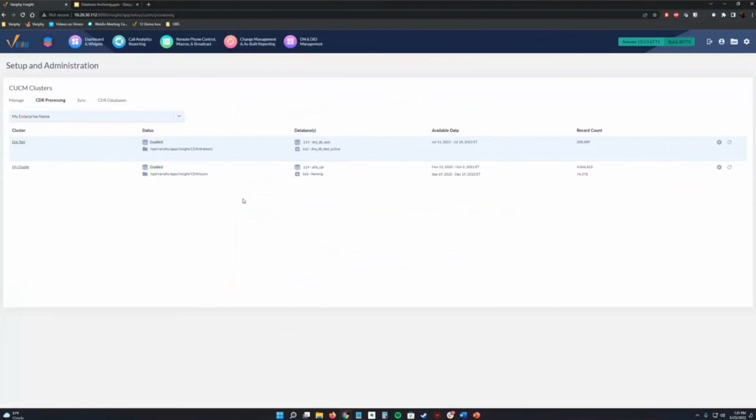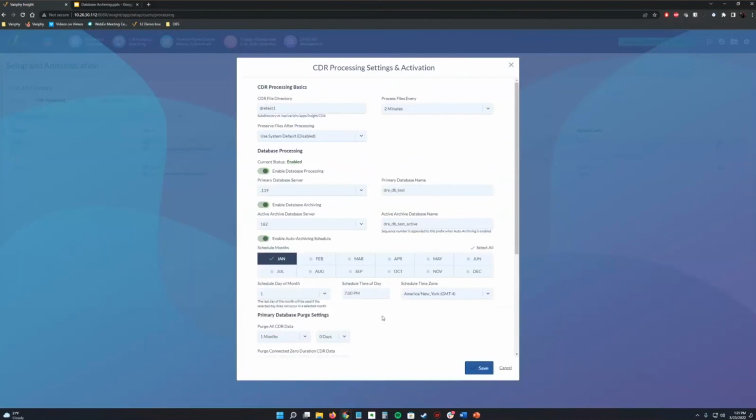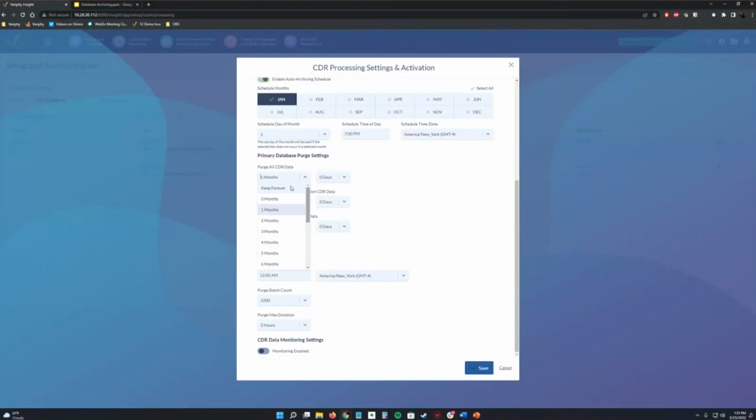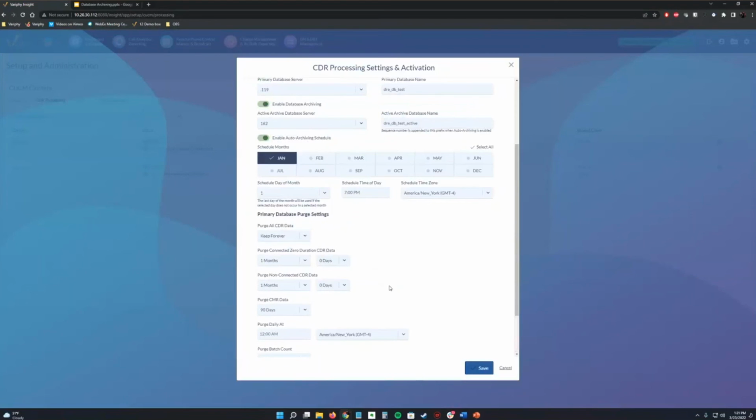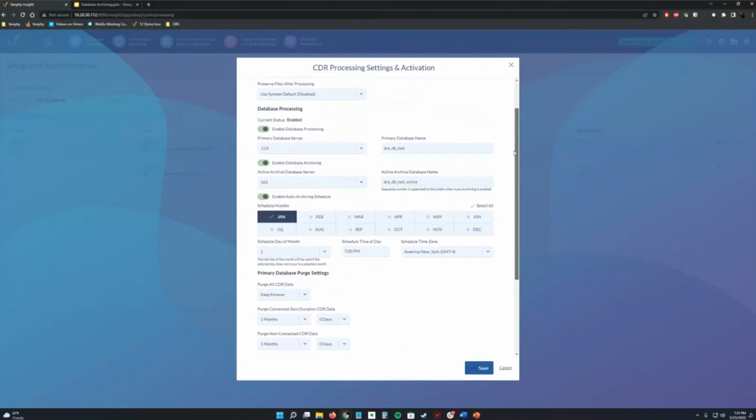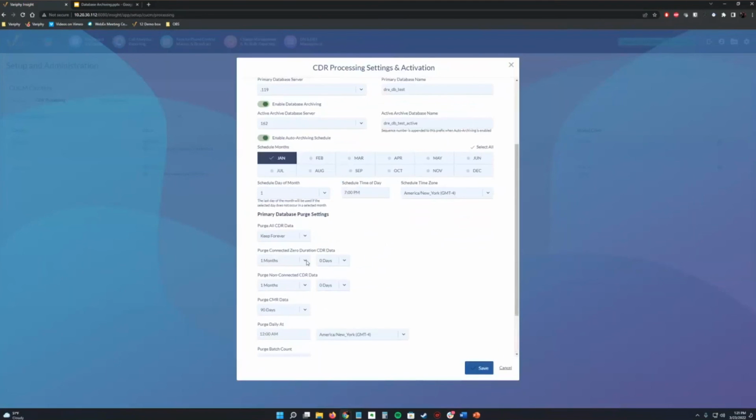Yeah, we're getting a couple comments about the retention. 5 years is needed. So for that, we would go keep forever and then just archive everything off. Right. You can keep forever and then just archive. Now your primary database, you don't want to turn that on to like now, right?